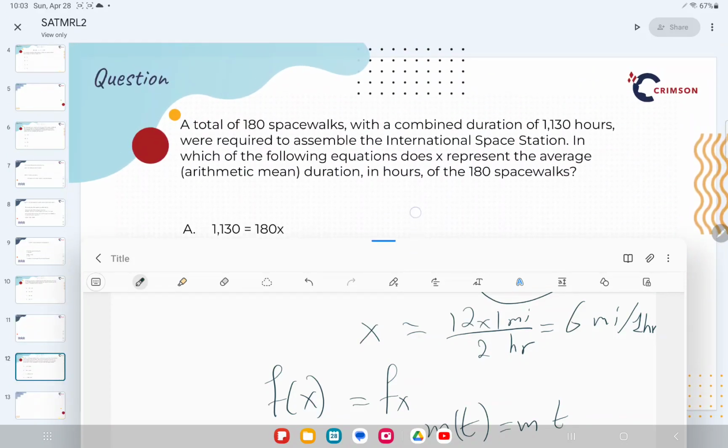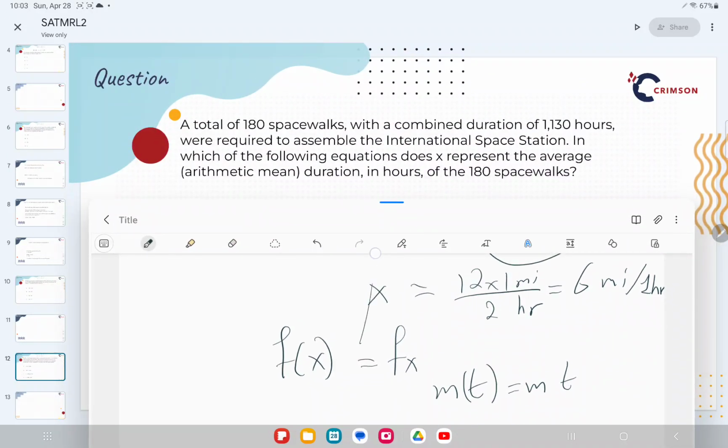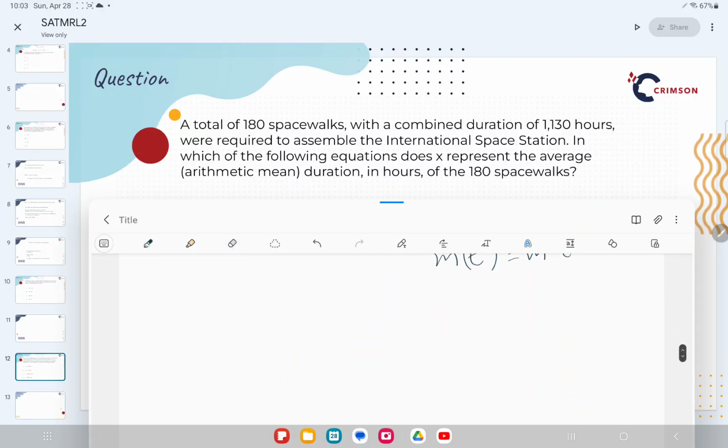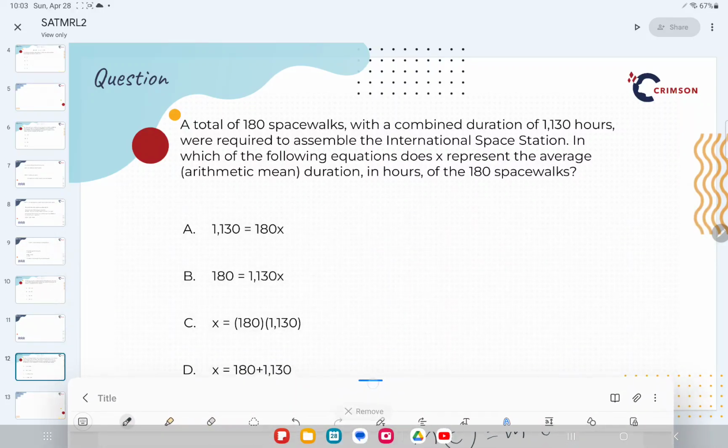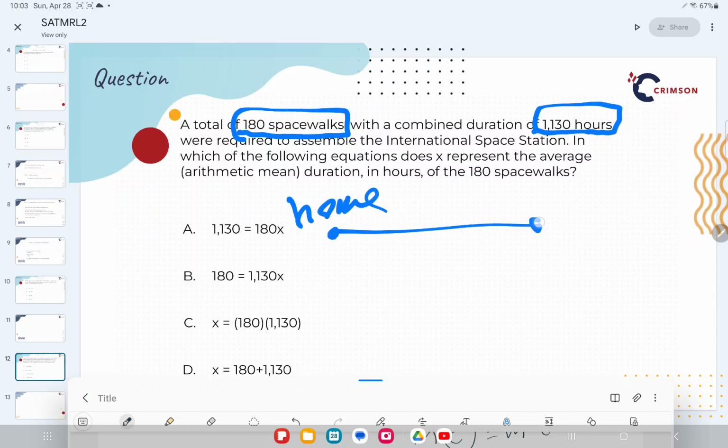Okay. Now, let us go to this one. Let us go here. So here, let me explain again what we said in class. If I am saying 180 spacewalks and 1,130 hours, I'm telling you, for example, that I went from home to school